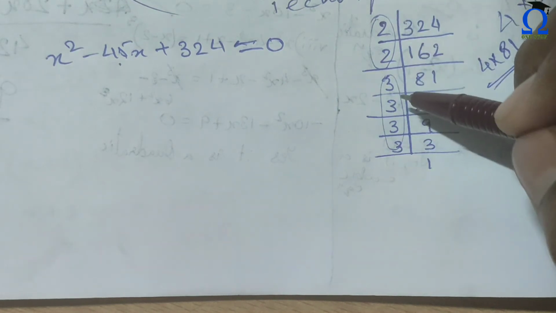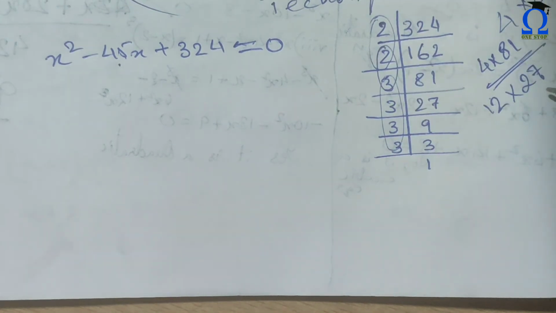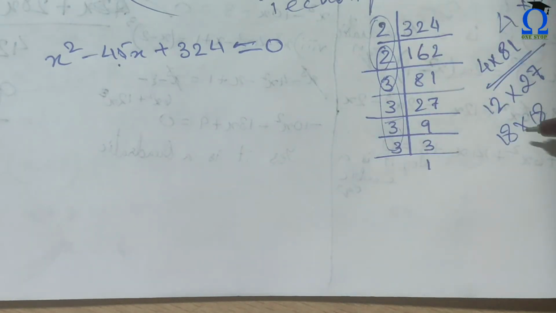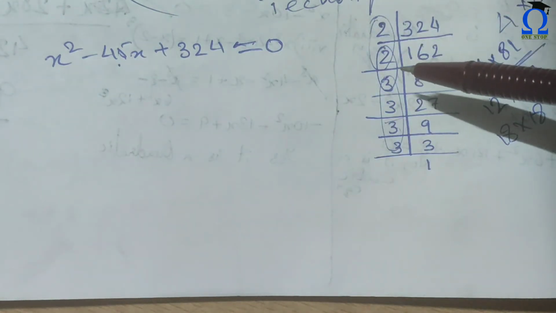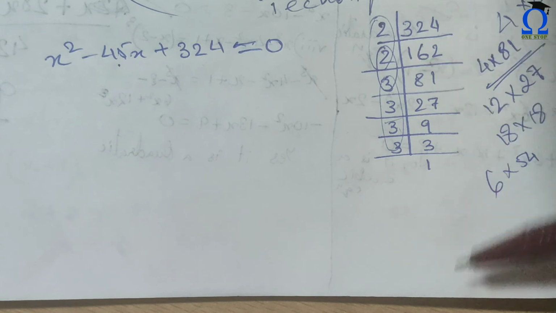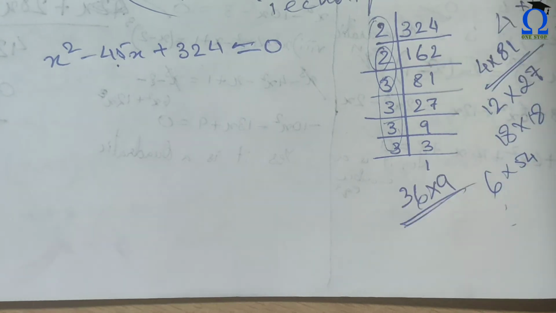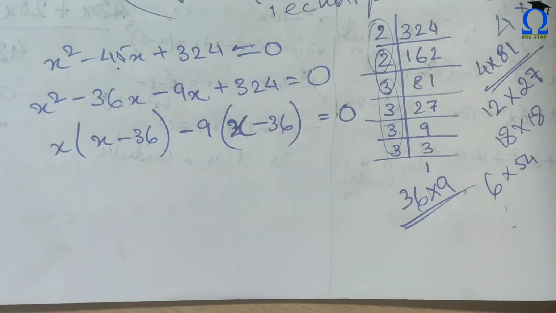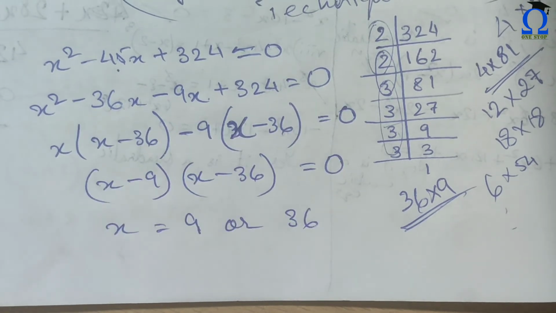So like this we will have 12 and 27, but of course we will not get 45, and we know that 324 is the square of 18, so 18 plus 18 will not get us 45. Also we have 6 and 54, it is not the answer of course. So like this we can try all the number pairs, but the answer would be 36 and 9 in this case. Okay, so 36 and 9 will give us 45. So we have done the splitting of the middle term, and you know what to do next. And the answer would be 9 or 36.